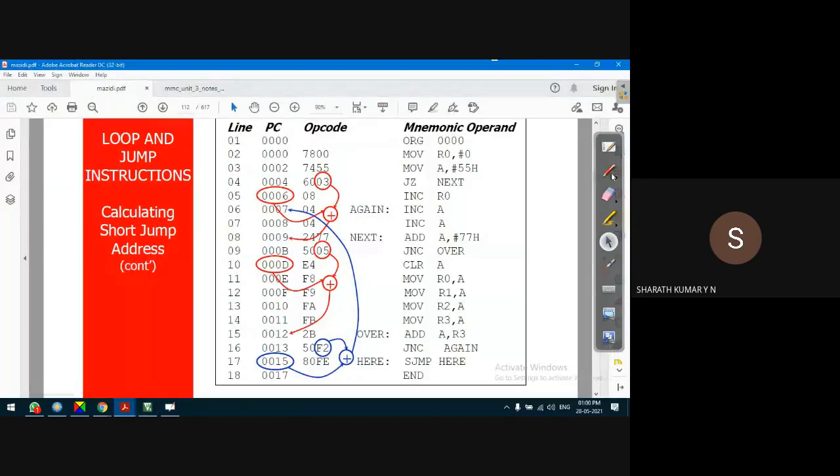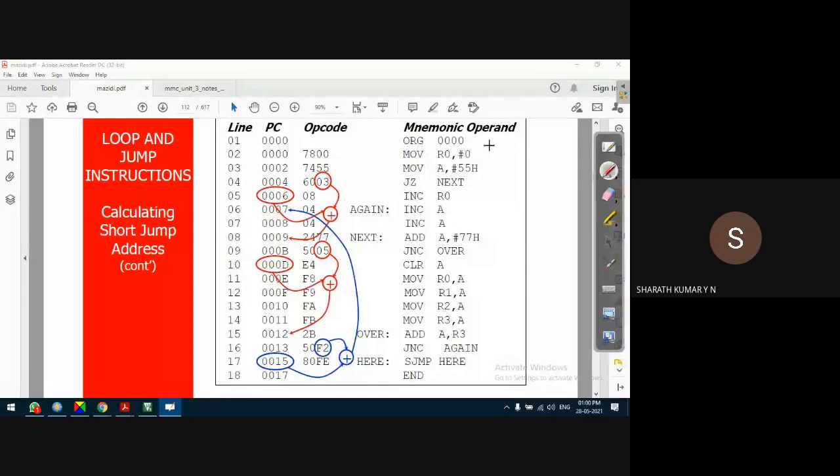Let us say, for example, guys, don't worry about the program. Some author has taken some random instructions. Our intention here is to understand how the compiler calculates the target address. For example, let's say we have used a jump instruction: jump if the content of the accumulator is 0, jump to the target address, which is represented using a label. A label is just a name, an English name. How does the compiler convert this English name into a target address? Let us understand that.